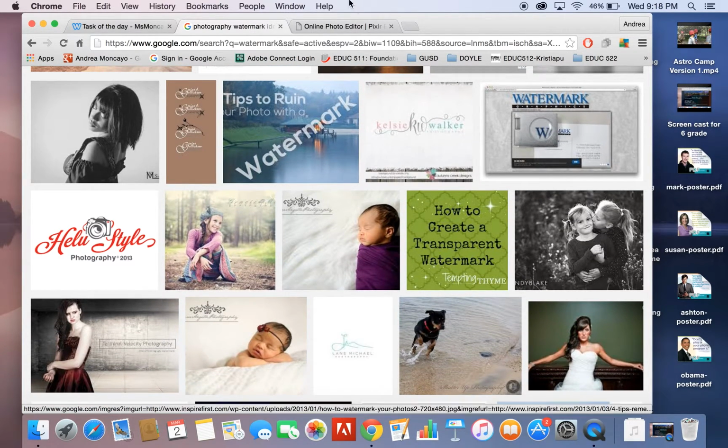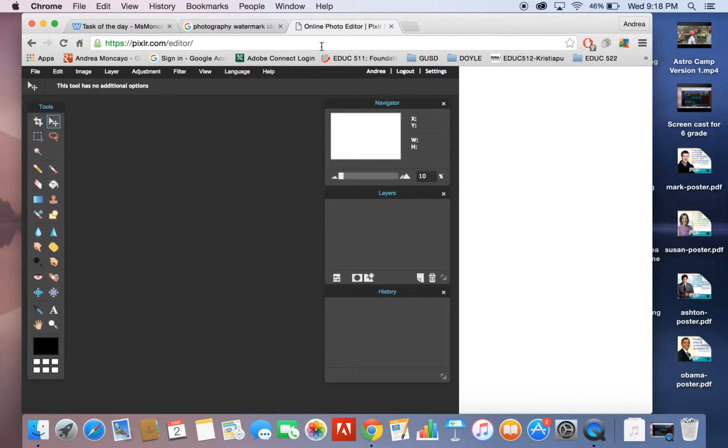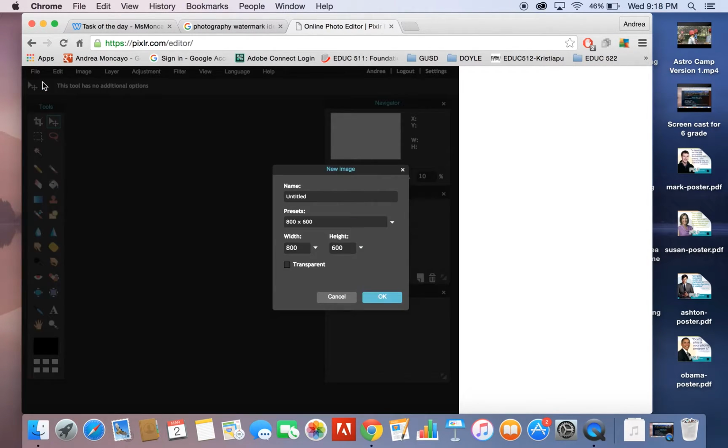So now I'm going to go onto Pixlr, and I'm going to go to File, New Image, and as you can see right here, this is the part that really matters. You want a transparent background. Now we haven't done this yet, so that's why I want you to pay attention. Please make sure that this is marked because it's going to come out really nice on a picture when you put it on there. So I use an 800 by 600 template, that's okay, and I'm just going to title this